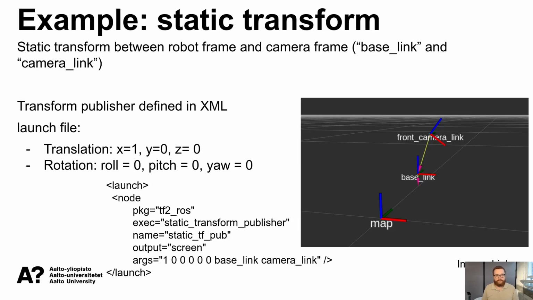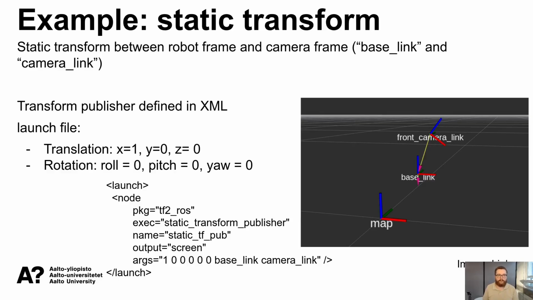Now a simple example of how to set up a static transform. We're not going to discuss the dynamic transforms here, just giving a simple example of static transforms, because these are something that you oftentimes need to define when doing even some basic work on robots. How you do this is you define a transform publisher in your launch file. In this case, we are defining a transform between the robot frame and the camera frame, the robot frame here being base_link and the camera frame